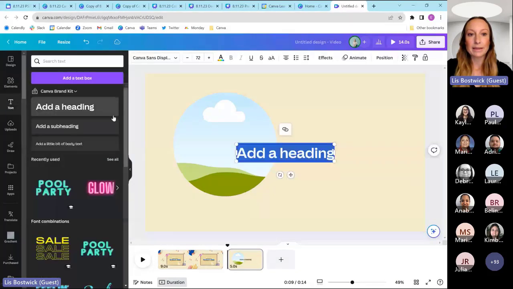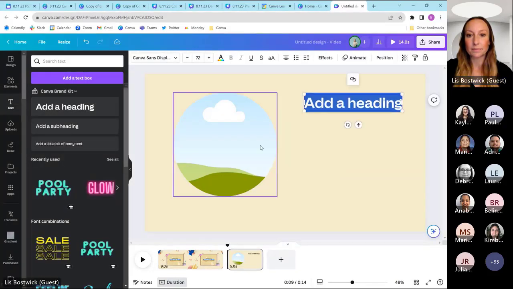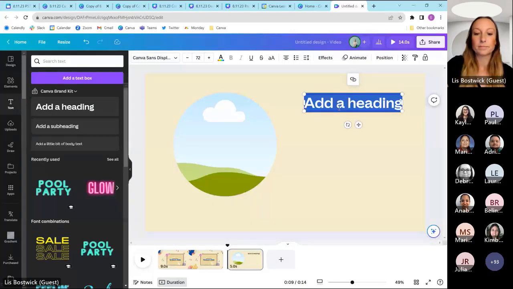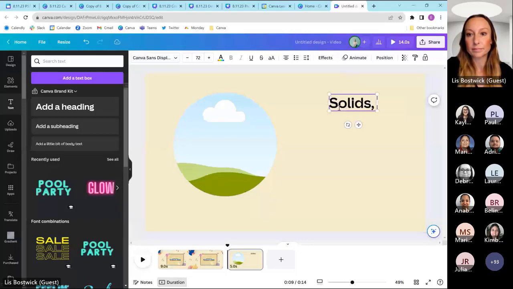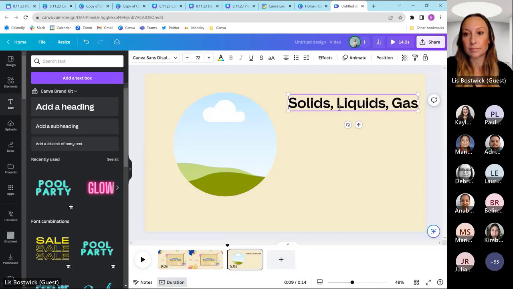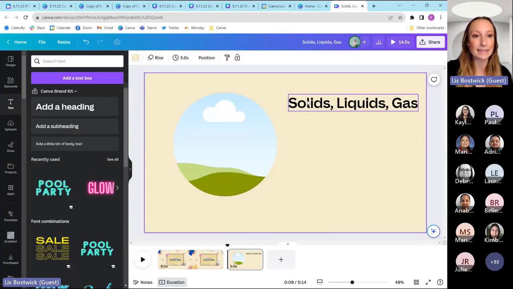And I'm going to add some text. Okay, so I'm just going to do solids, liquids, and gas.